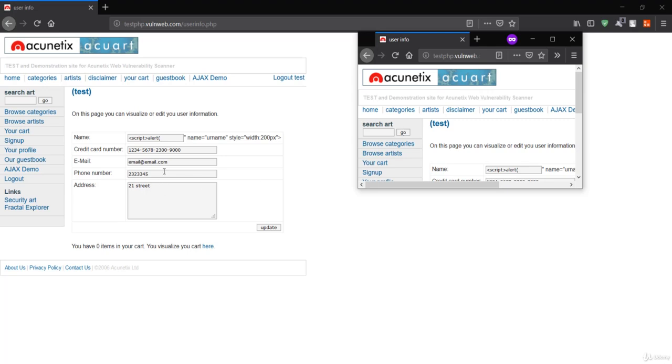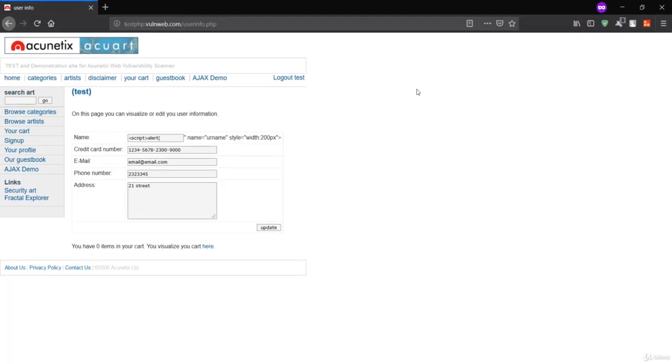So here we injected our alert message into this page, and whenever any user visits this page, they will get infected. We got access to the database of the server and injected some malicious code into it, and any user who visits this page will get the prompt, you have been hacked.